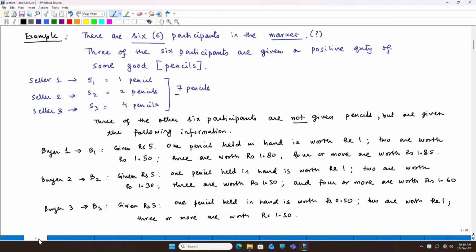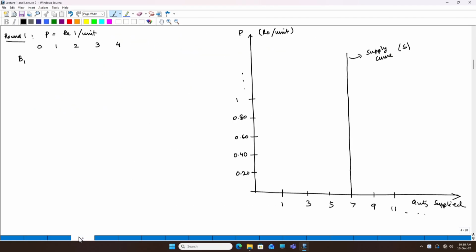It would have been nicer if he had a positive net gain, but given the numbers that I have for buyer 1, for the first pencil, if he pays 1 rupee, he gets 1 pencil, which is worth 1 rupee. So, the net gain for buyer 1 is 1 minus 1, which is 0. If he did not have the pencil, what would have been his net gain? Well, if he did not have anything, he does not pay anything. So, he pays 0. He does not get the pencil, so it is worth 0 to him. So, again 0 minus 0 is 0, right. So, as far as buyer 1 is concerned, not having the pencil